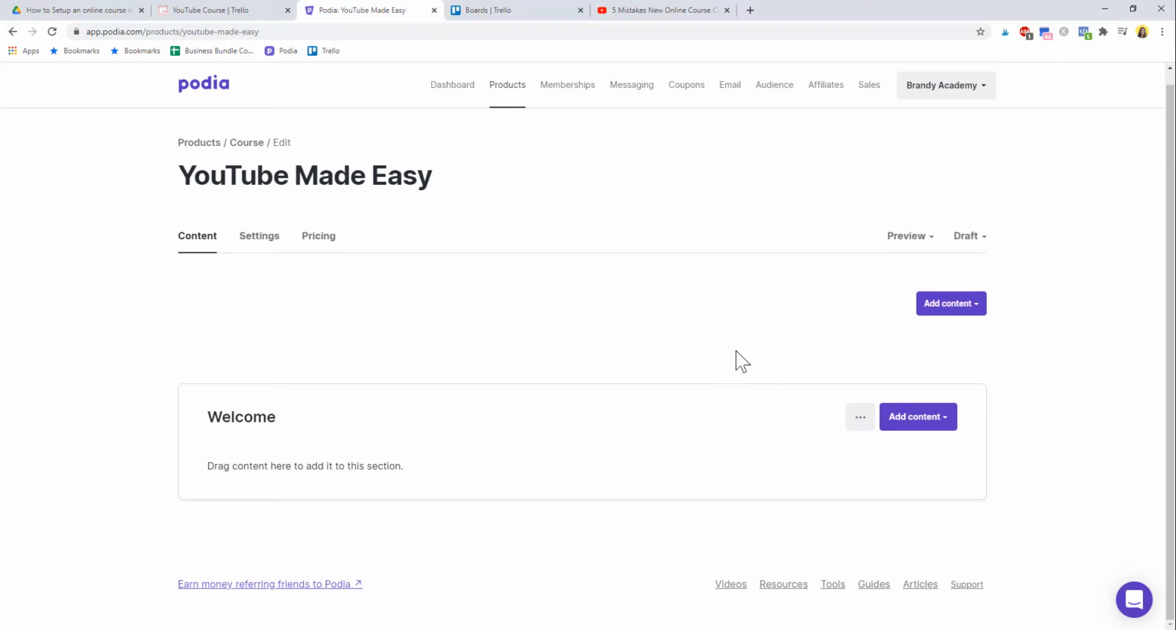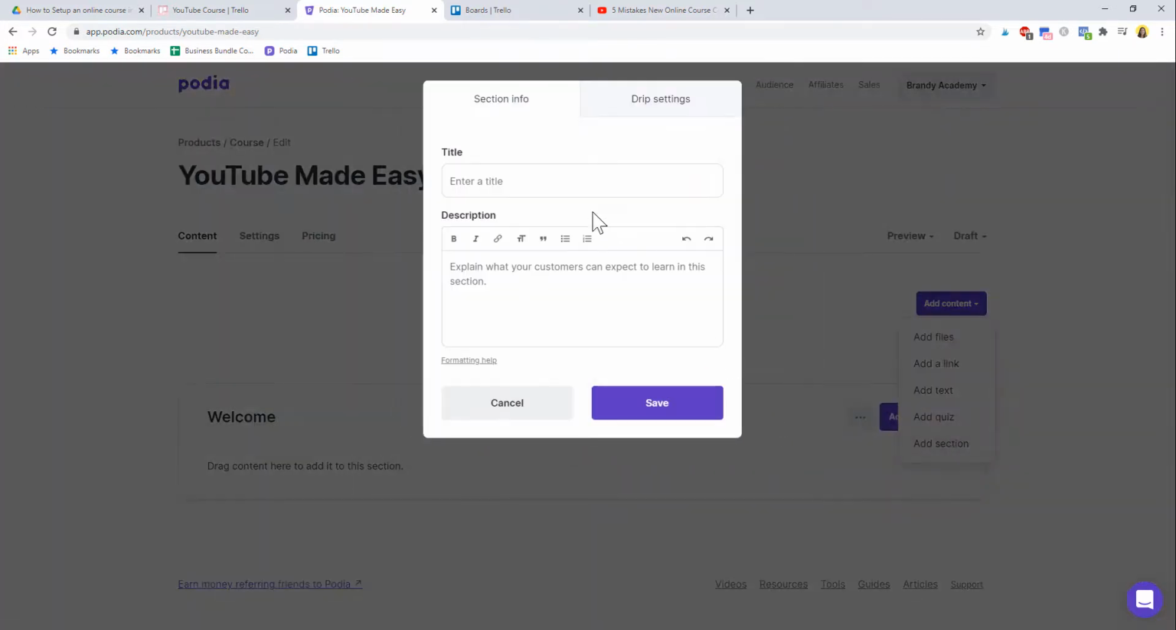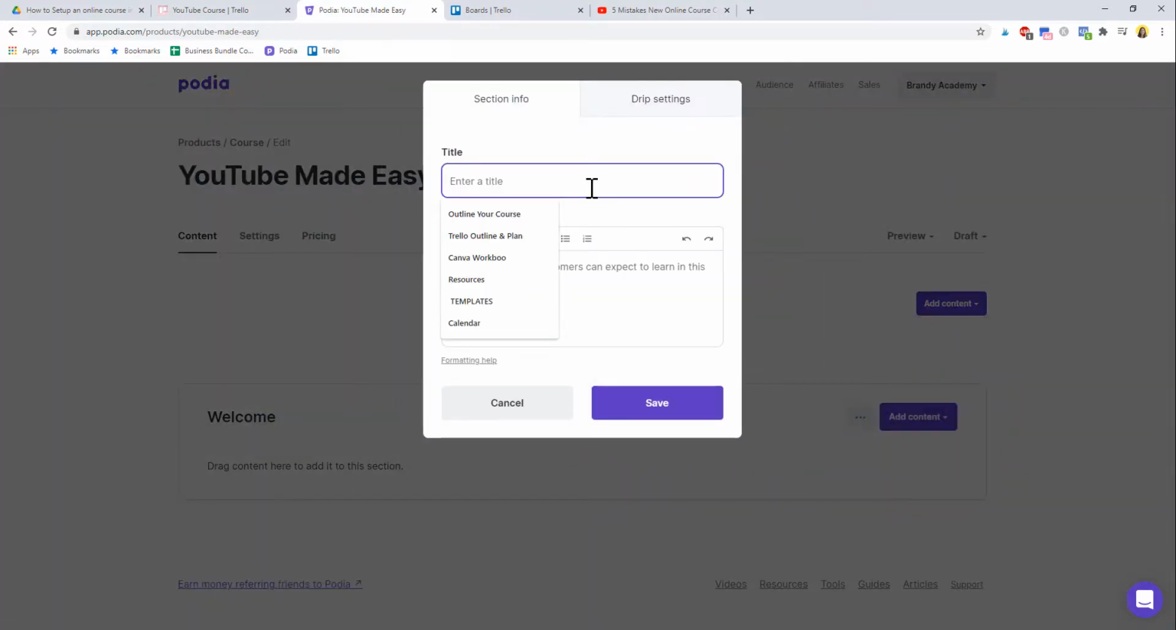For my other modules, I'm going to go to add content and add section. And then I'm just going to put in the module names first, and then I'm going to go through and fill everything else out after. So when you're setting up your modules, you can either just do it as a title. So my module 1 is called something like setting the foundation, or understanding why you're getting into YouTube, or something along those lines. But you can either call it like this, like mod 1,